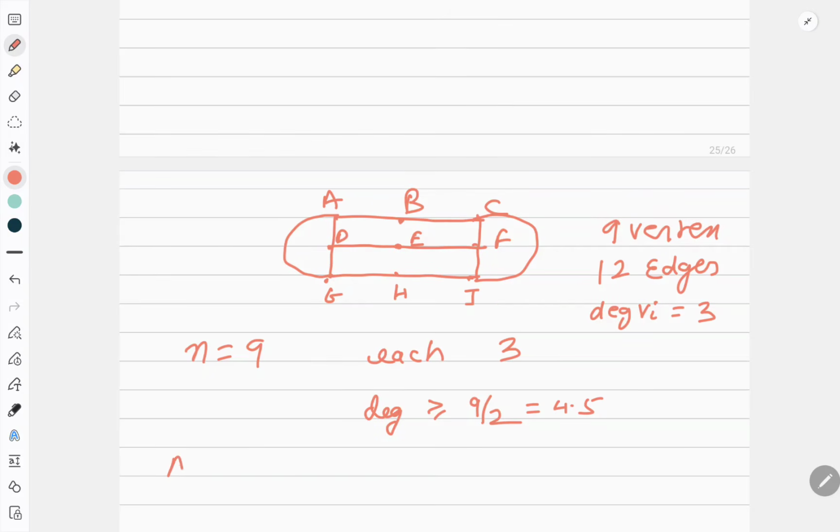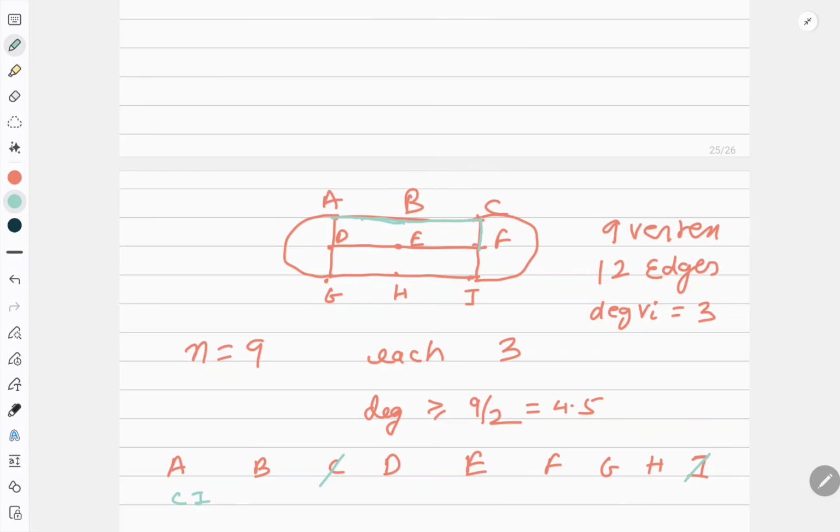So how many vertices do I have? A, B, C, D, E, F, G, H and I. Let me see how many edges I can delete from here. Let me start with A. If I start with A and go to B, B has degree 2, so I have no issues and will move further. I'll go to C. Now I can omit only one edge. So the first thing, I am deleting the edge CI. I am not going along CI. So when I delete CI, I am directly going to F.